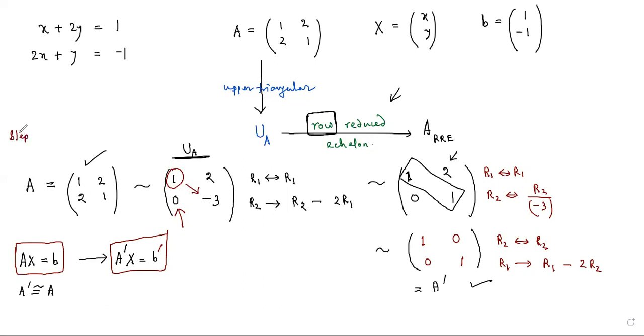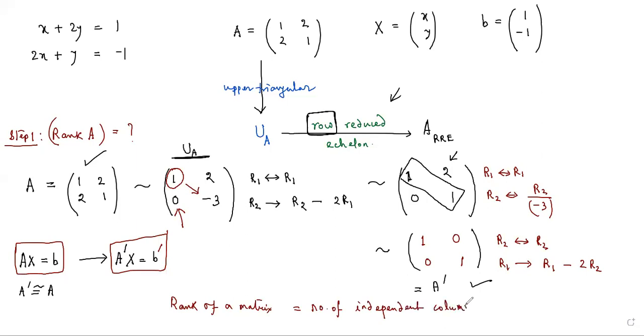Whatever I have found over here, I am trying to find out. Let me name this particular step as a kind of checking criterion where I am trying to find the rank of the matrix only, the rank of capital A. Now rank of capital A that I'm going to find over here by this operation. What do we mean by rank of the given matrix? By rank of a matrix we actually mean the number of independent columns. This is called the rank of the matrix.